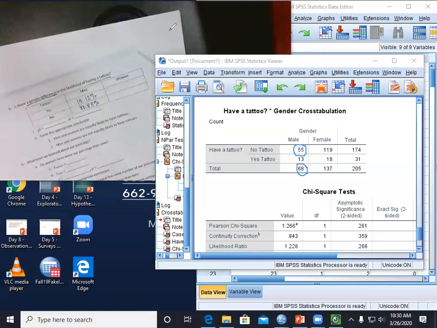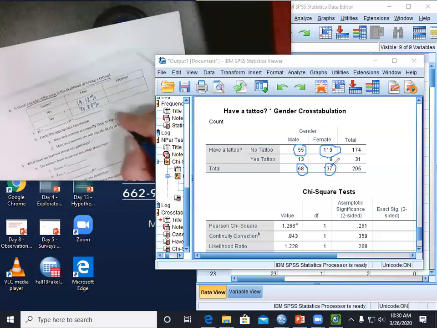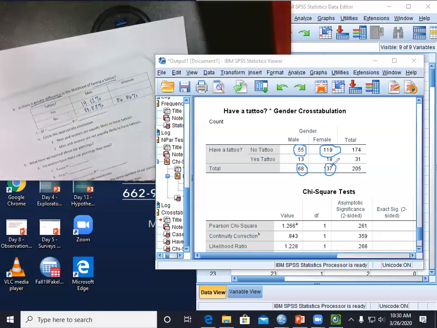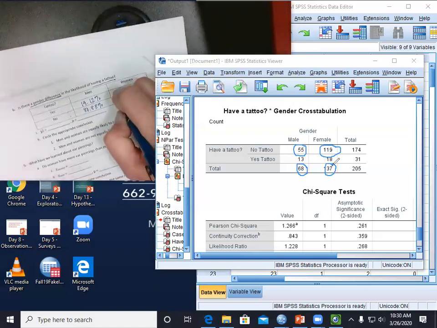All right, and we can do the same thing for women. 119 out of 137 women do not have a tattoo, which is 86.86%. And 18 out of 137 women do have a tattoo, which is